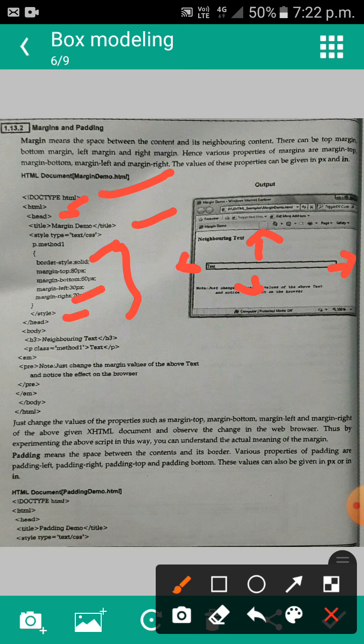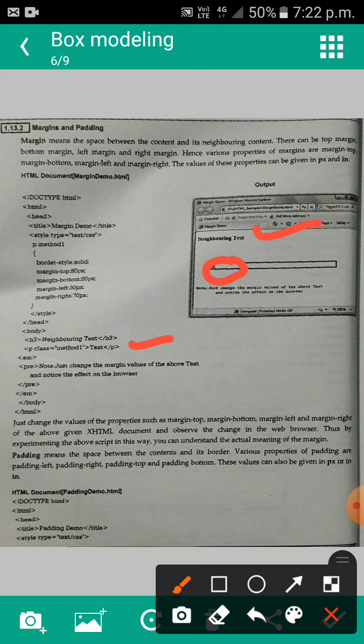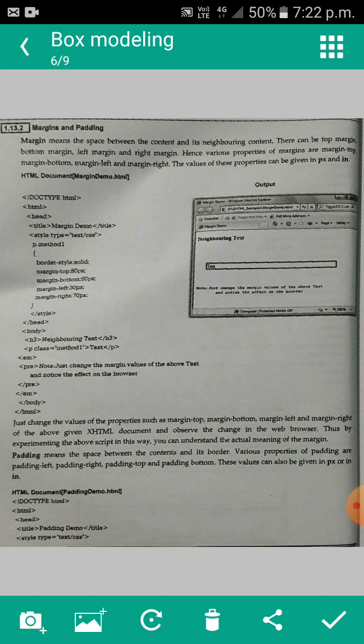Then in the body tag, neighboring text, this is a neighbor text, and p class is equal to method text. This is our text within the paragraph, just text. This is a neighbor text. Then with the pre tag we are displaying a note: just change the margin values of the above text and notice the effect on the browser.